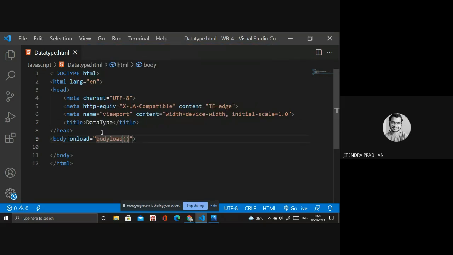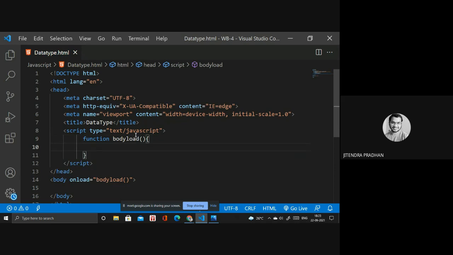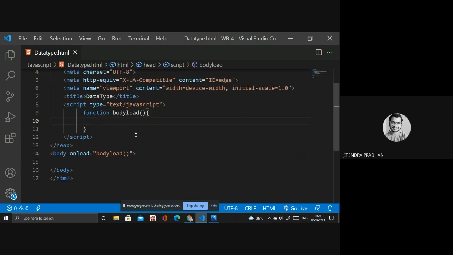Inside the script I need to write the function. The type is text/javascript. Next, inside we have the body load function.